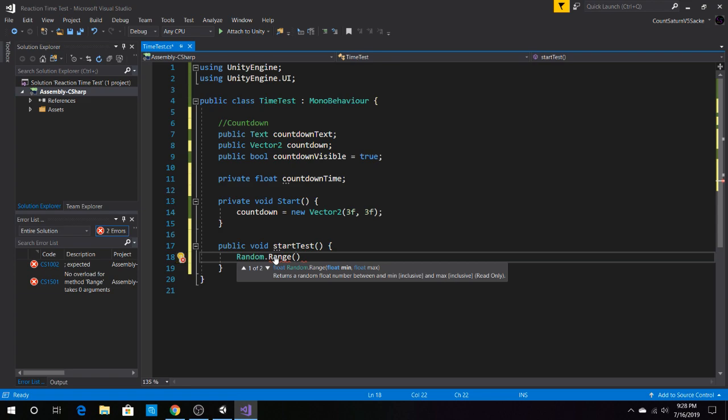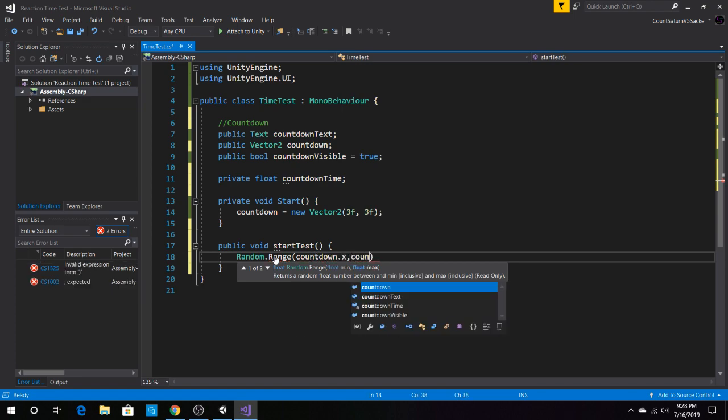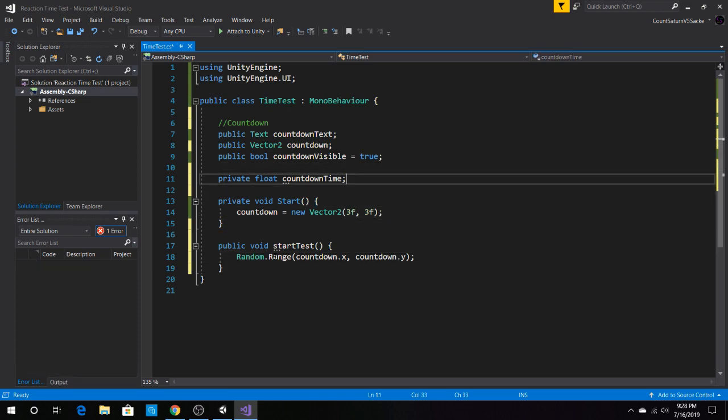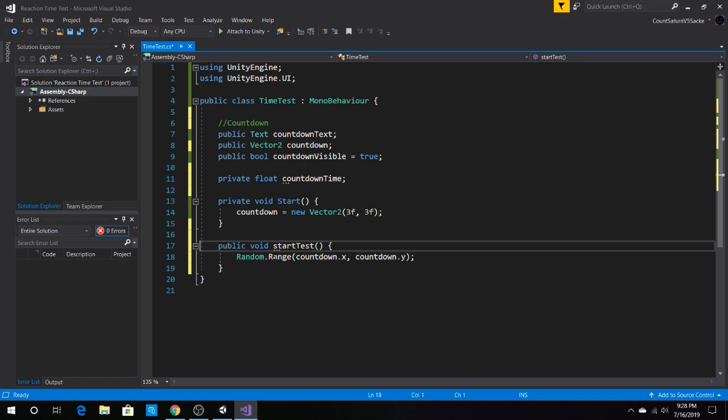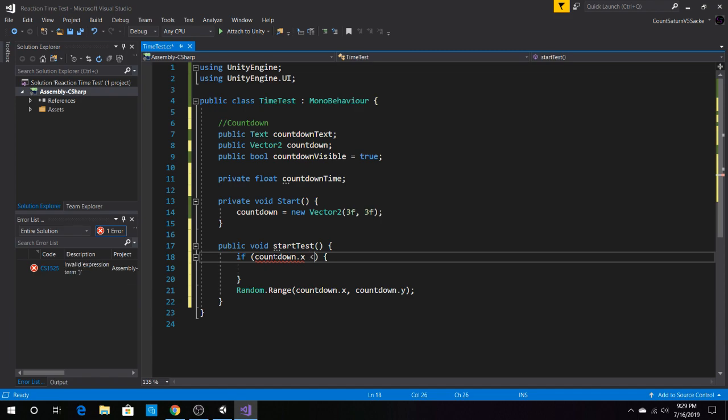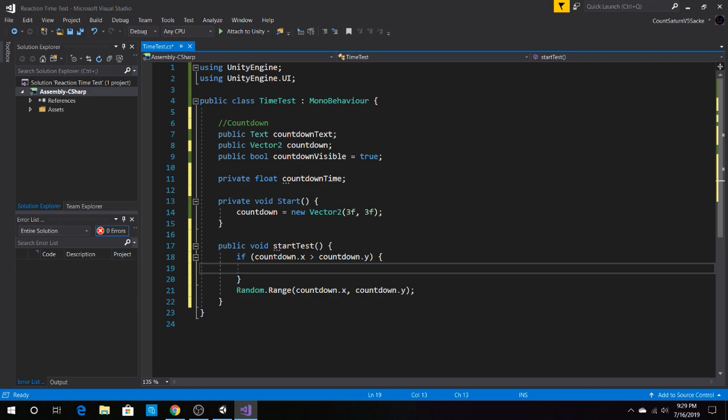Okay, it includes, so basically we paste in countdown.x and then countdown.y. That's just an easy way to do it. So the x will be the minimum and the y will be the maximum. However, we want to do a bit of a test. So in this case, if countdown.x is greater than countdown.y, then we also want to